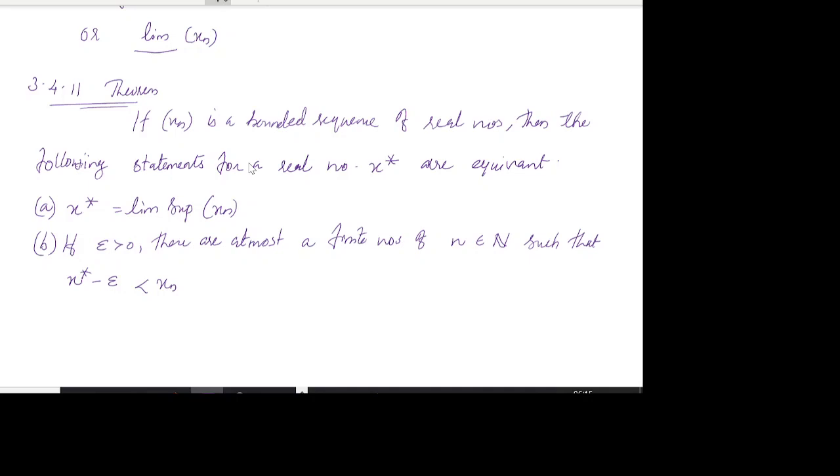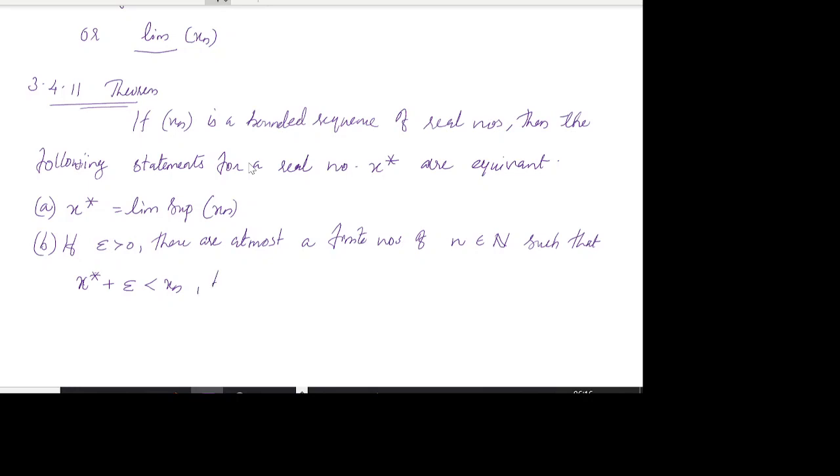This is a finite number I have written, so that's a correction. There are at most a finite number of n such that x star plus epsilon is less than xn,